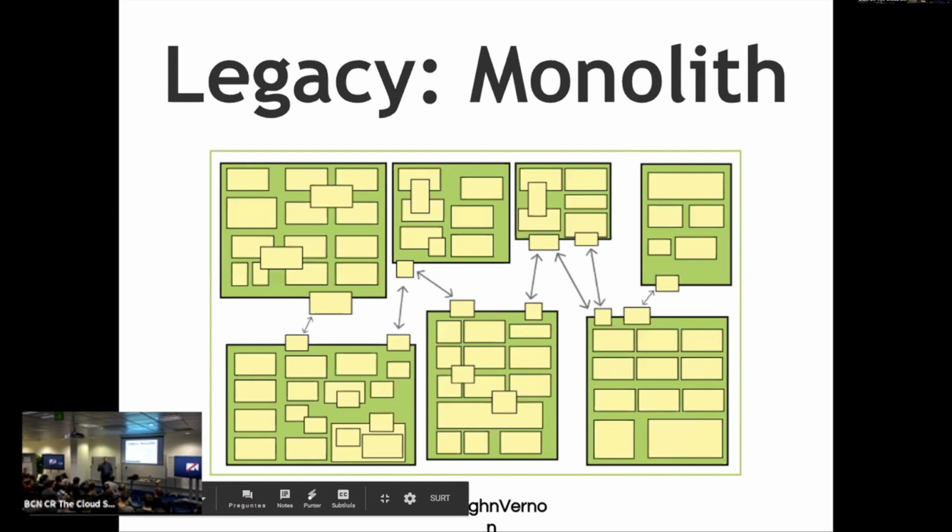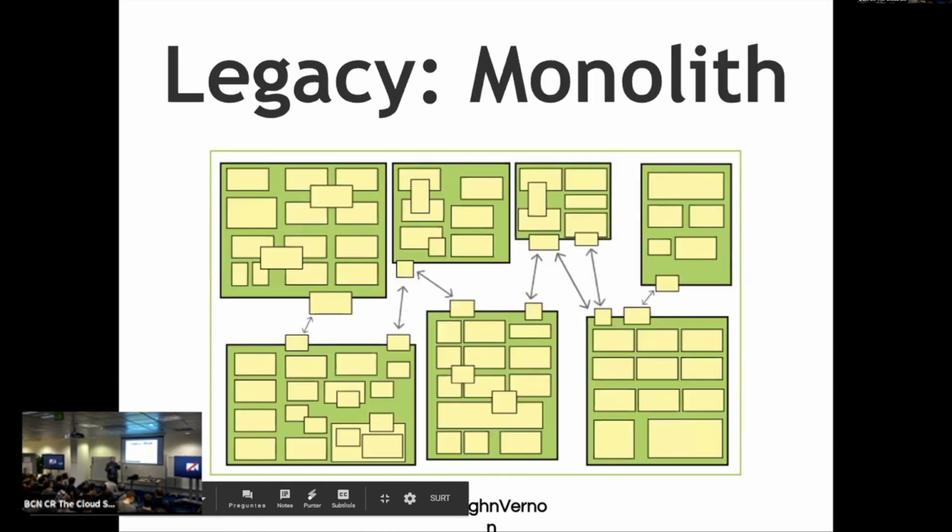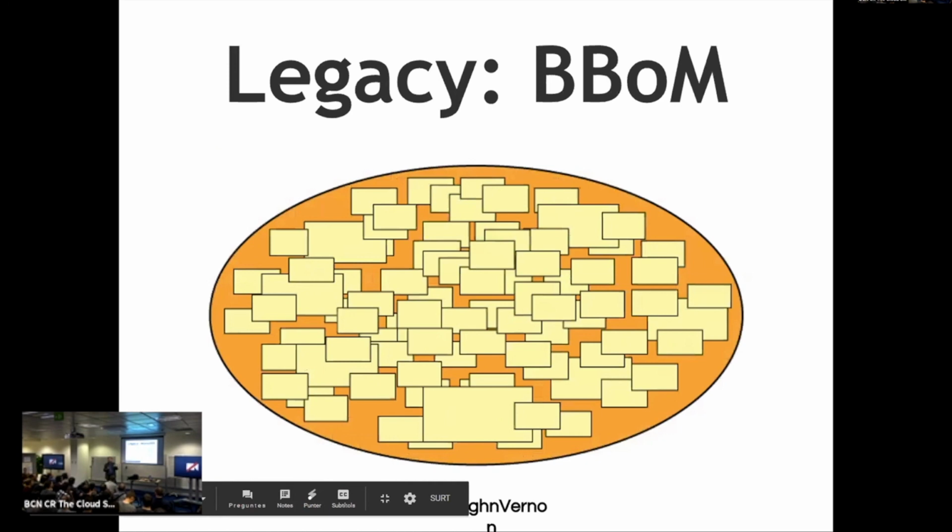If you create a nice modularized monolith, you have a much better chance of succeeding with it and being happy with it than you would with the big ball of mud, like this. So that's the contrast that I want to feature. When someone says monolith, do they really mean this? Because this is a big ball of mud monolith, but it's not the kind of monolith that this is, a well-organized, well-modularized monolith.